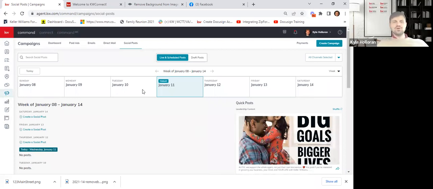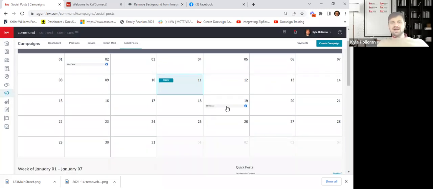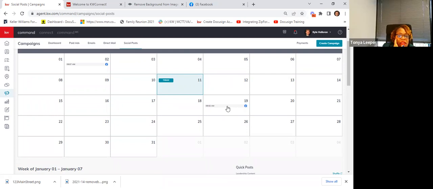All right, and this is kind of a cool view here. If you look at your social post section, you can go to the month view and notice what you're going to see over here once it loads up, right? On the 19th at 9:02 a.m., showing that I've got a scheduled Facebook post to go out that day of that month. So you can create them and then schedule them for whatever you want them to go out.